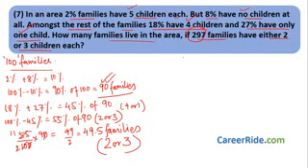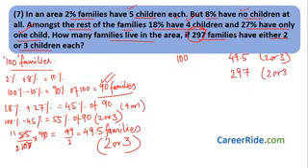Now what they have given is that when we take 100 families, we get 49.5 families with 2 or 3 children, correct? But right now they have given that there are 297 families in total that have 2 or 3 children. So for how many families will we get 297 families as 2 or 3 children? Now for 100 families, if we get 49.5 families having either 2 or 3 children, then for how many families will 297 families have either 2 or 3 children? Simply cross multiply. This is very easy.